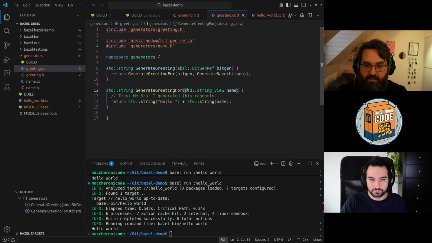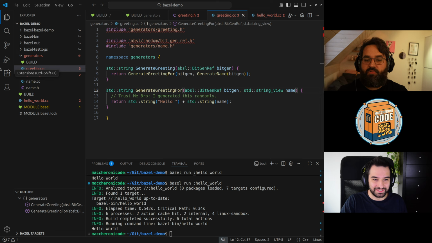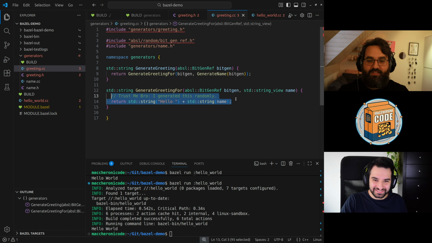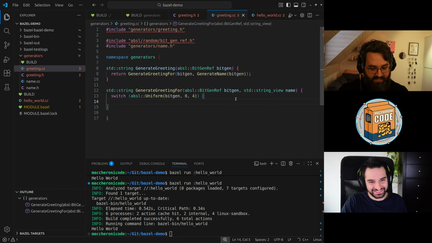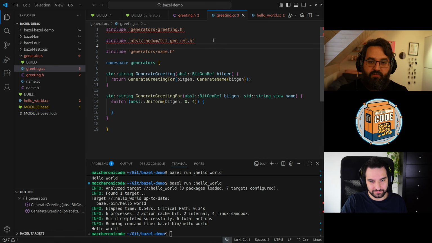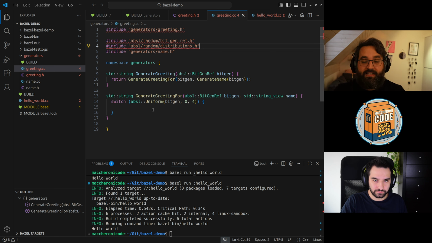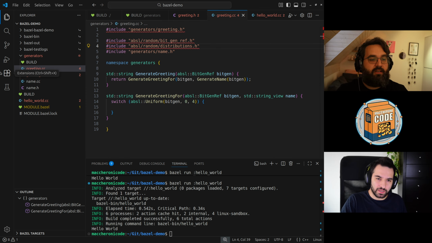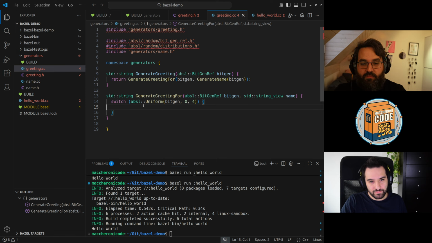And then finally, to make you happy, I'm going to remove my trust me bro, and instead give something random. I'm going to use a uniform, which is a distribution. So we need to include the distributions header, and this one just generates a number between 0 and 4, not included. So we can say, for example, case 0, we generate hello and a name.